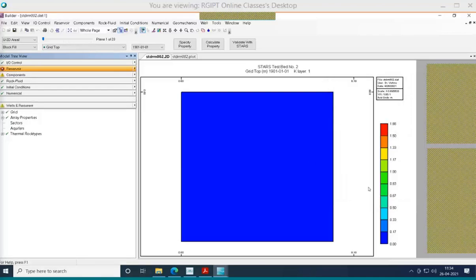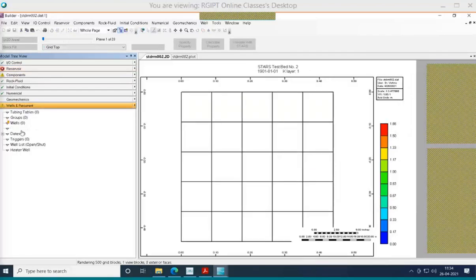Then after clicking OK, you can see in wells we are getting some error. That means there are 0 wells over here now. That means they got deleted. The 2 wells which were already there got deleted. We have to specify both wells, and we have to specify all the constraints, all the injection fluid, everything we have to specify again. And also in the reservoir section, you can find all the array properties have been removed.